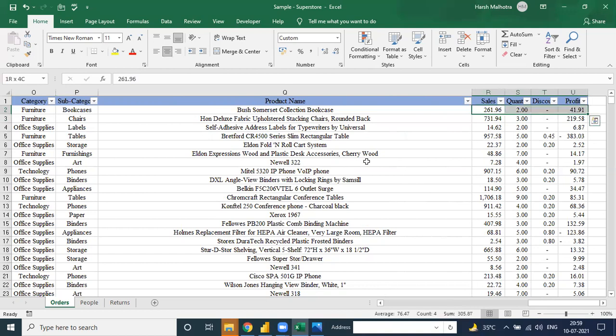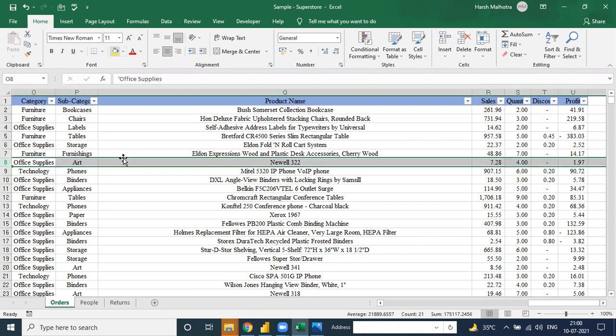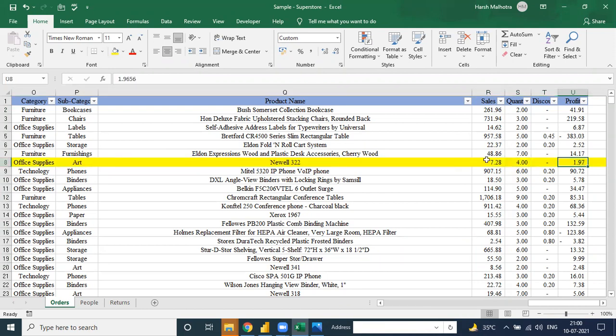In Excel, we don't do any value cleaning, because value cleaning is a main part. Suppose in these four rows, these four are blank. It means you have wrong data, meaning you should have a sales value in all the rows. If you don't have a sales value, then why is it needed? Suppose for office supplies, cell A does not have any sales, quantity, discount, or profit, then why do we include this? We need to delete this one.